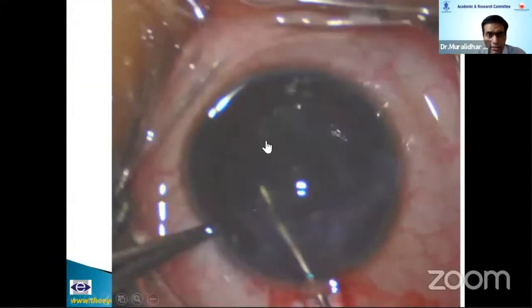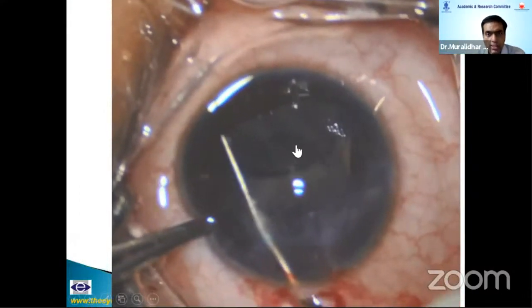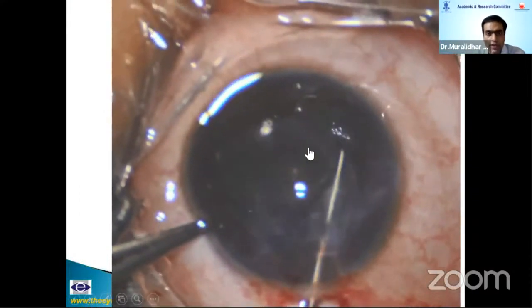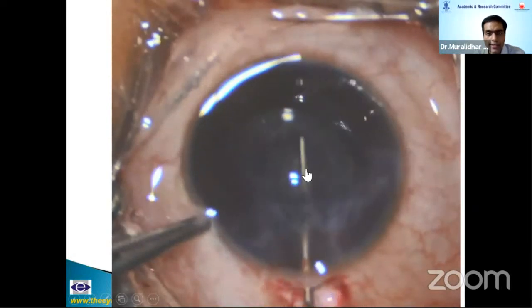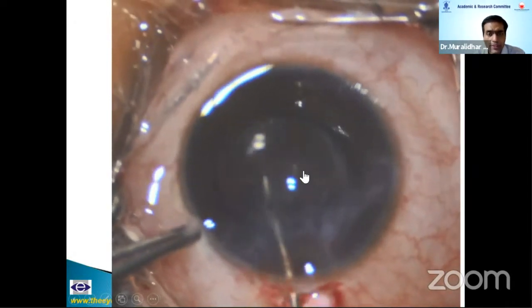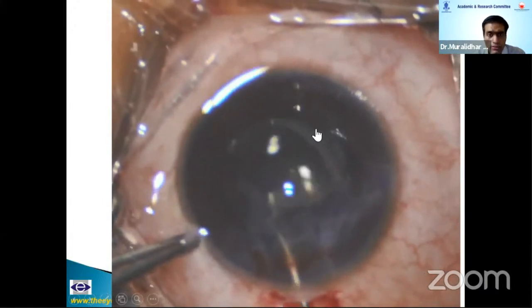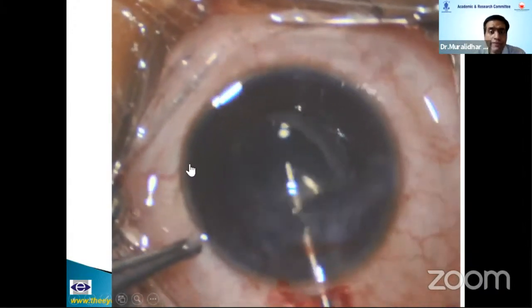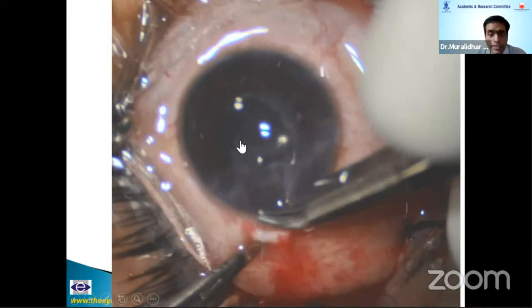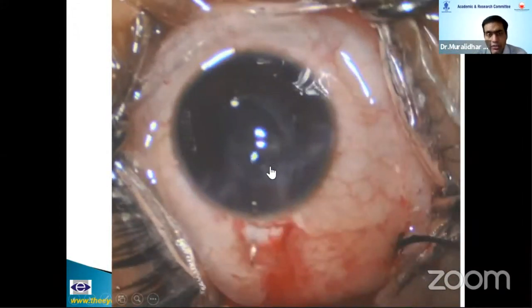And the secondary IOL, this was done 1 week later. Please note, a lot of fibrosis here. So if you delay the secondary IOL implantation after biometry, I had to use the fellow eye keratometry, axial length we could do here. So not so much fibrosis, just 1 week in traumatic cataract. So secondary IOL implantation, you may not delay.